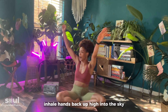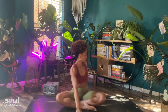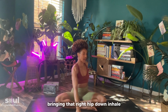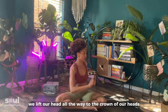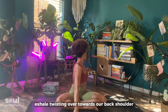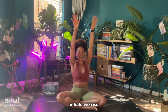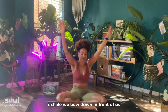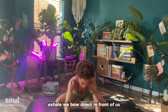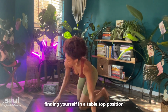Inhale, hands back up high into the sky. Exhale, over towards the left side. Bringing that right hip down. Inhale, we lift our head all the way to the crown of our heads. Exhale, twisting over towards our back shoulder. Inhale, we rise. Exhale, we bow down in front of us, undoing our knees on the mat here, finding yourself